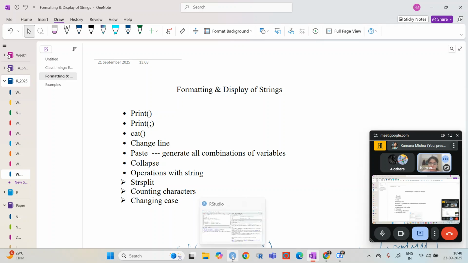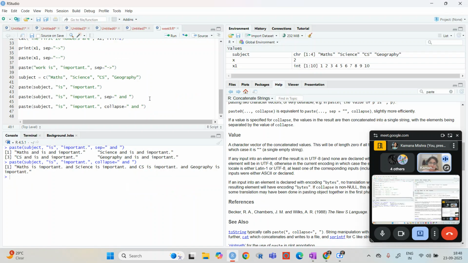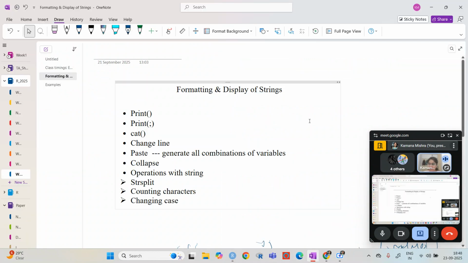We are just going to see some of the different ways, and there can be a lot of other ways too, but we can only understand some, and otherwise you can also go and check that there can be other ways too. Fine. So we have seen the paste function.